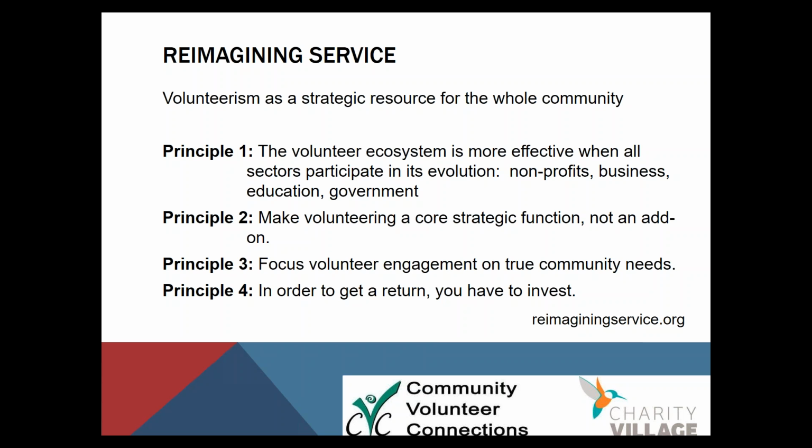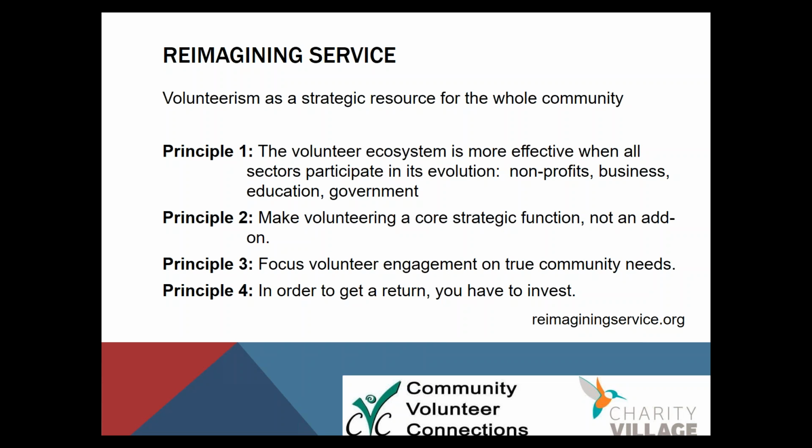They encourage organizations to make volunteering a core strategic function, not kind of an add-on, like we have these programs and it would be great to have volunteers run them, so we're just going to add those in. They encourage the community as a whole to have conversations about where volunteers should be engaged and to begin building partnerships across organizations and across businesses and nonprofits, because businesses now are wanting to see and be seen as more community engaged. And what better way to do that than encourage and support the volunteerism of their employees.